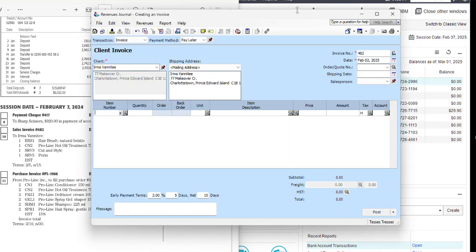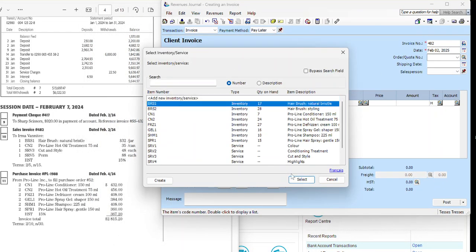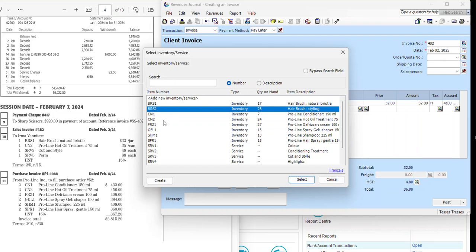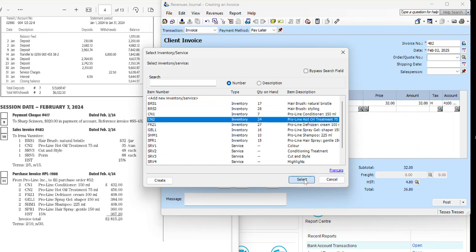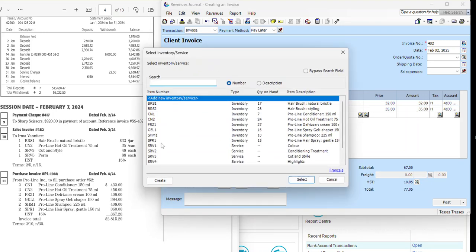My first item is your BBRS, and it's one of them. The next one is your CN2. We select it and it is 1. Tab it over. We're going to go to the following one, which is your SRV3,